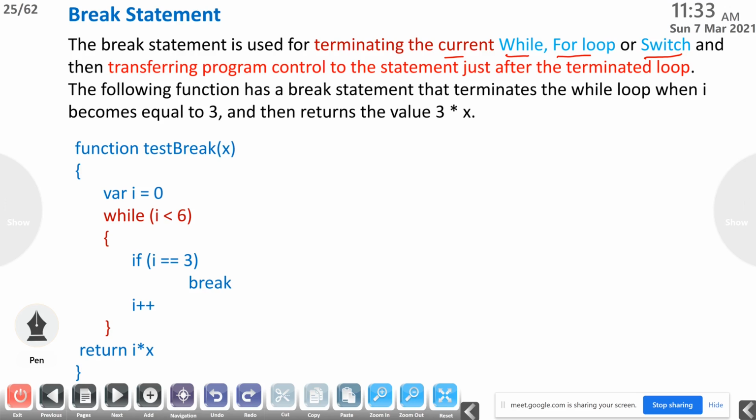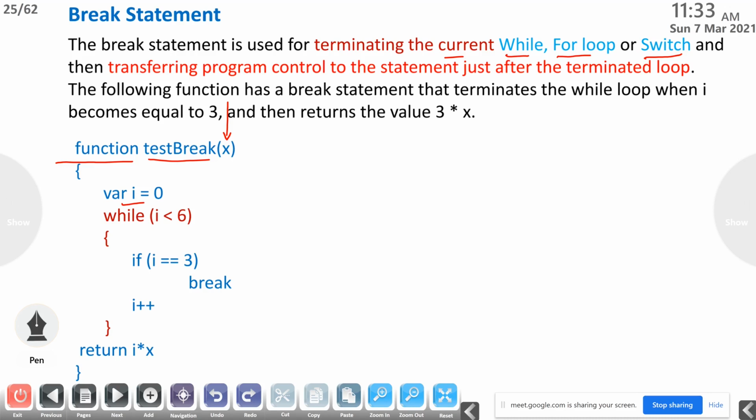Okay, here is one example, a function. Here we created a function; we will discuss how we can create a function in JavaScript. The name of the function is testBreak, and one argument is there, that is x. Then inside, we are declaring a variable i and giving it the value 0.